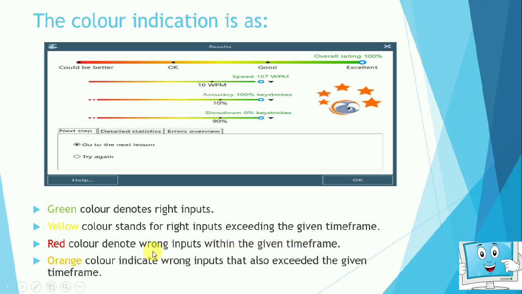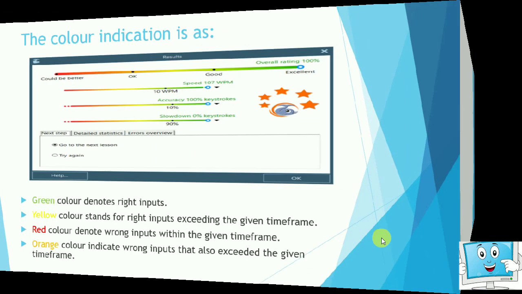That is, the work was completed within the given time but the accuracy was not there. That is, we have done some mistakes in that. And the last is the orange color, which indicates the wrong inputs that also exceeded the given time frame. So it is the worst result, as we have not typed correctly, as well as the time which was allotted has also been exceeded.